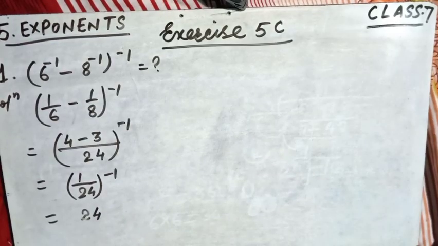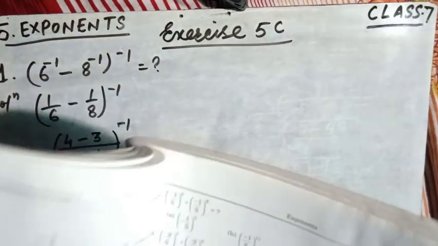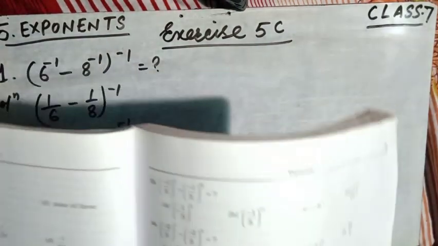Now friends, it is time for solving the exercise problems, exercise 5C. These are objective type questions. Mark the tick against the correct answer in each of the following. There are 4 options for each question. We cannot directly tick mark. First of all, solve the questions with full explanation, then match with answer A, B, C or D. These are all mixed from the previous concepts.